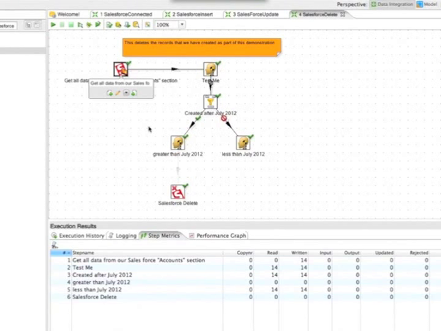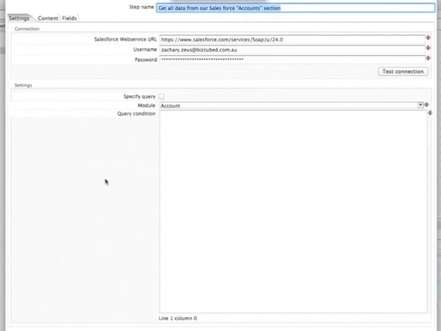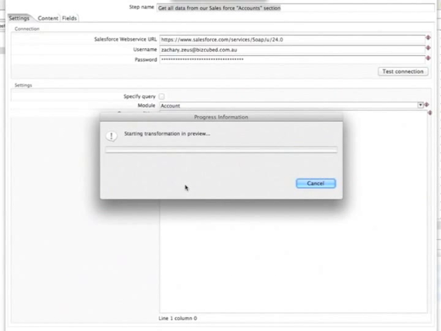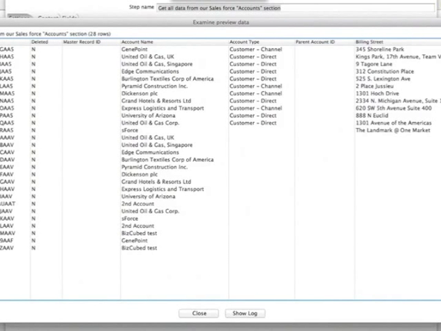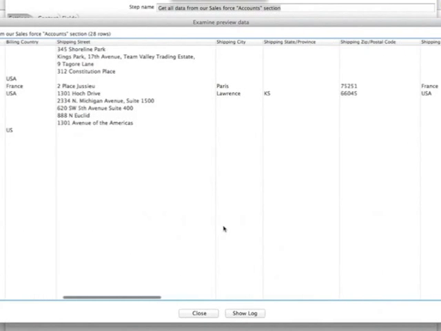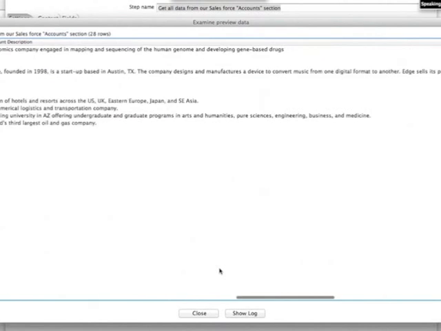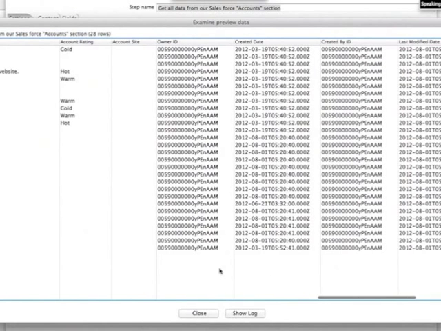So the get all data from account section, I can preview the rows there. I'll see again those 28 that I just saw on the web page, including all the ones that I've just added with no data. And the key thing here is that if we scroll all the way to the right, we see the created date of